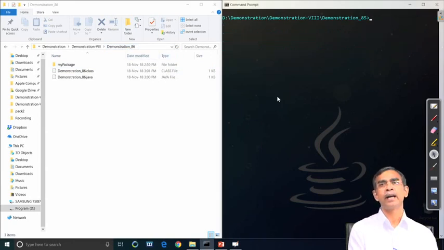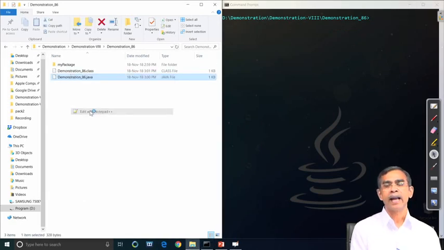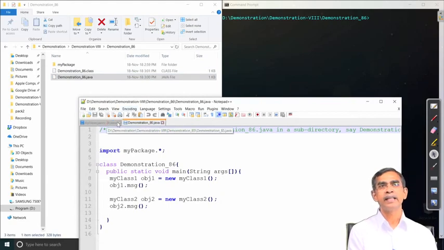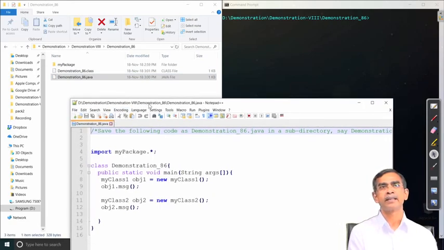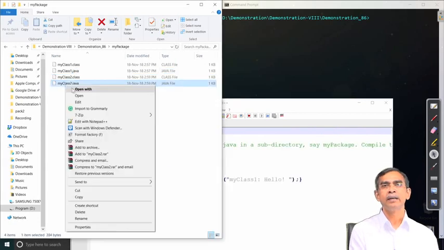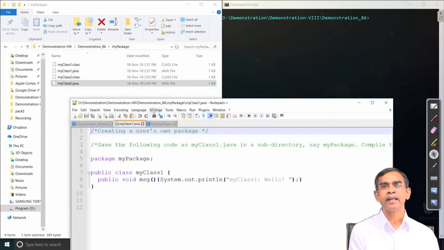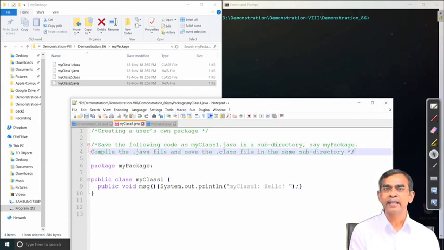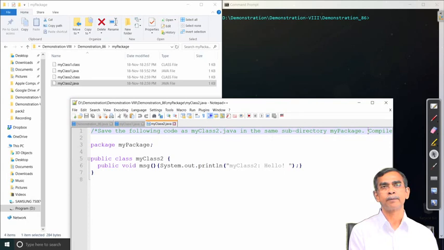A similar extension can be done if you want to have more than one file. The same things can be repeated again, like here in this demonstration. Let us see, we create one package called my package there. So, let us see the my package directory here. Now, here we can see in this my package we have stored two class files, my class 1, my class 2. So, all these things are repeated just like the my class program there. So, my class 1 here, just the package statement, compile and then save in the same directory. So, this completes putting the my class 1 class into the package. Similarly, my class 2 class into the same package there.